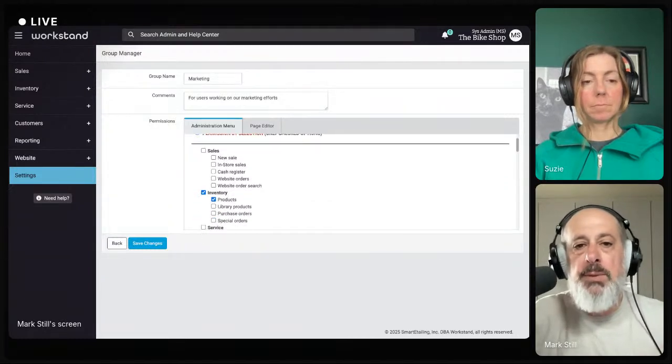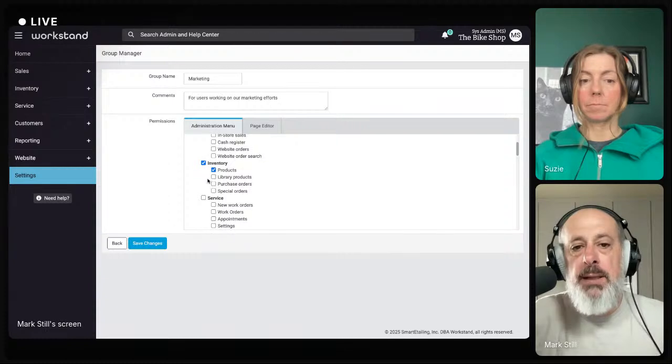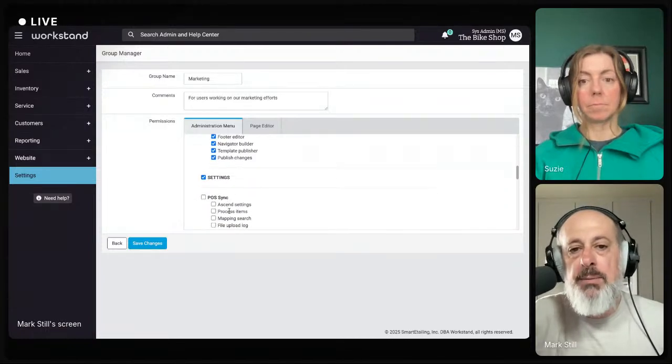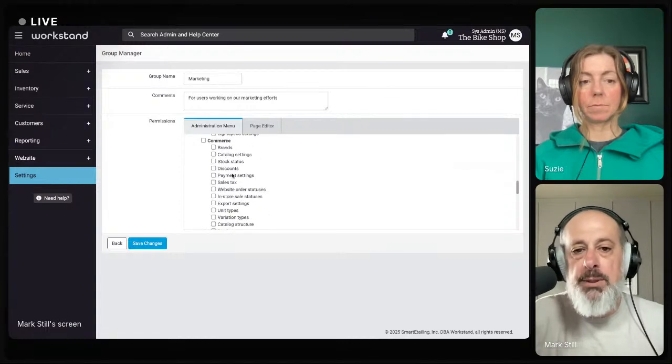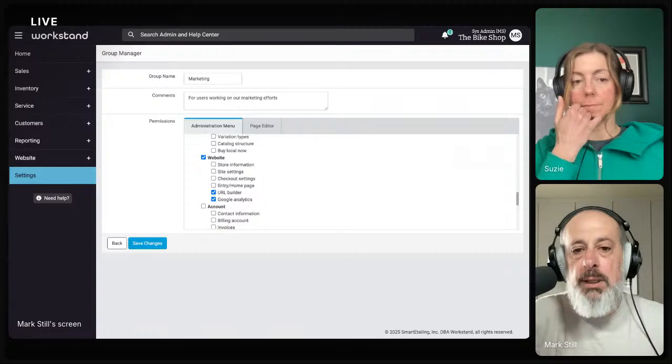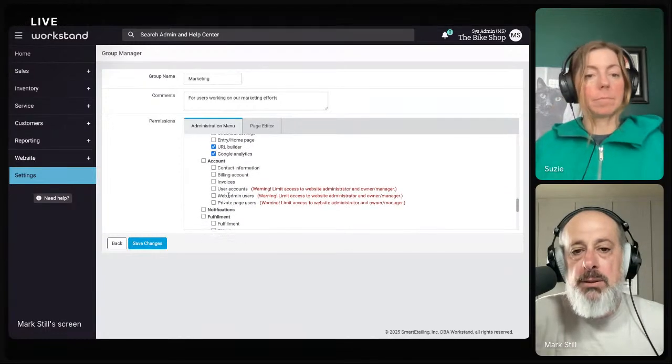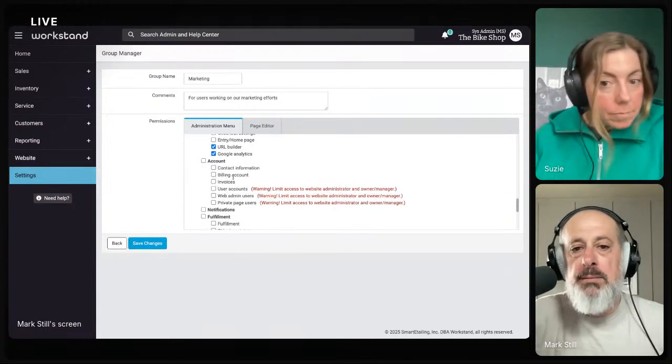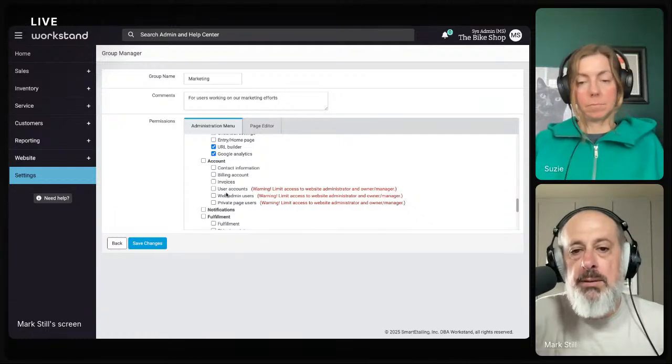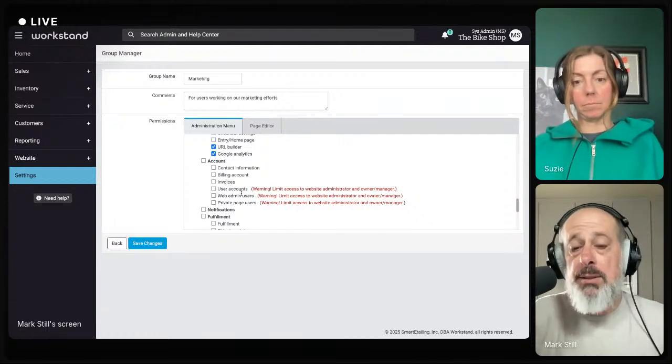Same kind of thing we did when we looked at individual permissions, I've given this group access to inventory and products, the customer list, but not issuing store credits, all the website things they might need for marketing, and all the settings that they'll want to be able to control. But they don't need to have access to the billing account. They don't need to look at our invoices. They don't need to be able to set up user accounts themselves or